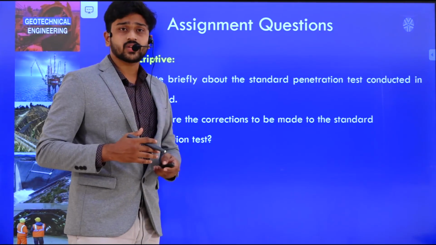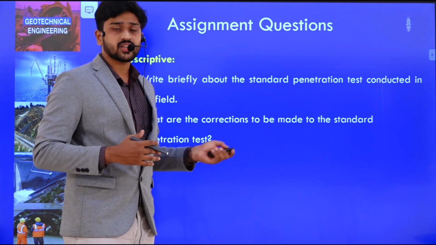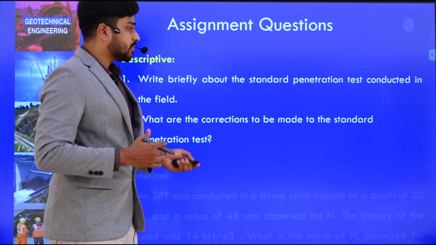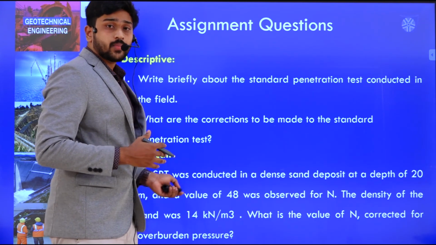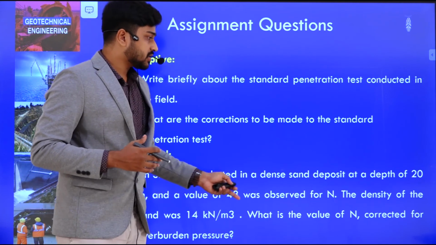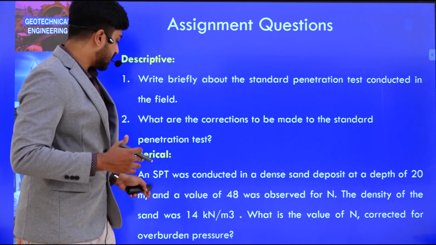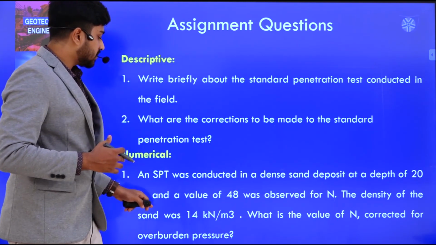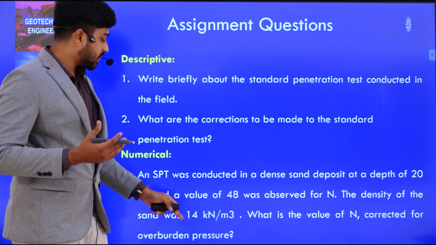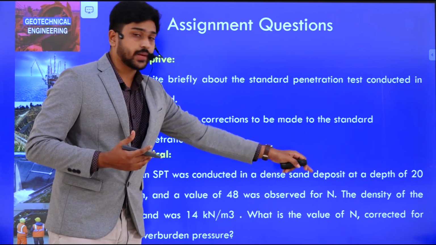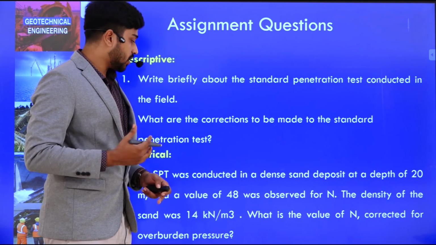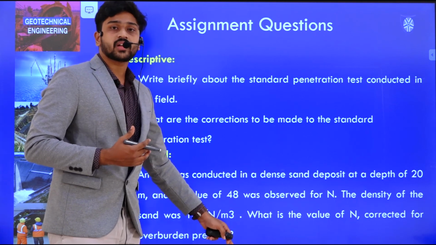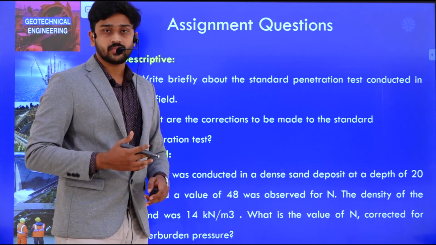These are the assignment questions that I have given here. As usual, just try to understand them so that you can get a clear understanding of the concept. Similarly, I have given a numerical problem to solve. You can simply go through the formula, as the depth is given and the N value is given as 48, and the density of the sand is given. Simply find the overburden pressure as density times the depth at which you are finding it. So you will get sigma naught dash, and use 48 as your N value, that is NR recorded. Then correct for overburden pressure using the expression given previously.